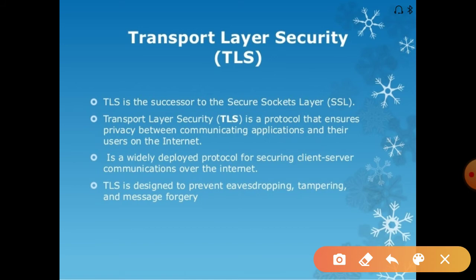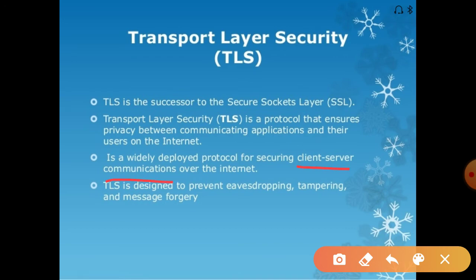When a user wants to communicate with an application on the internet, TLS provides security and privacy for that communication. It is a widely deployed protocol for securing client-server communications over the internet.